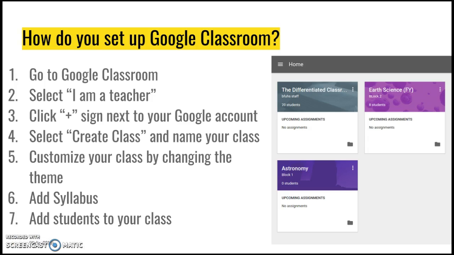I wanted to give you the first few steps needed to set up a Google Classroom if you are interested in using Google Classroom in your classroom now. You need to have a Google account or a Google email. Sign into your Google account, go to Google Classroom, and then select the option I am a teacher. Next to your icon in the top right-hand side of your account, click the add sign and then name your